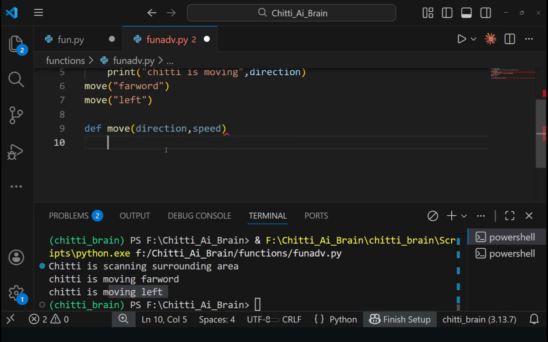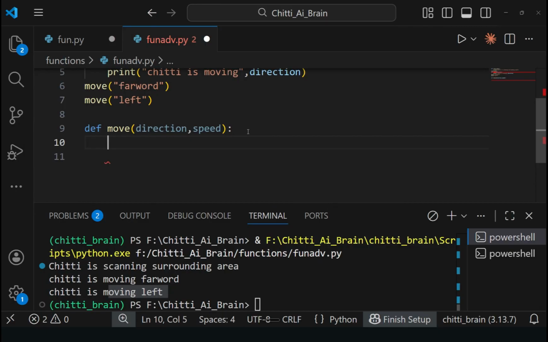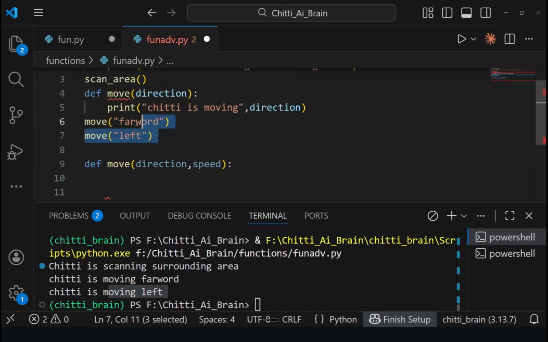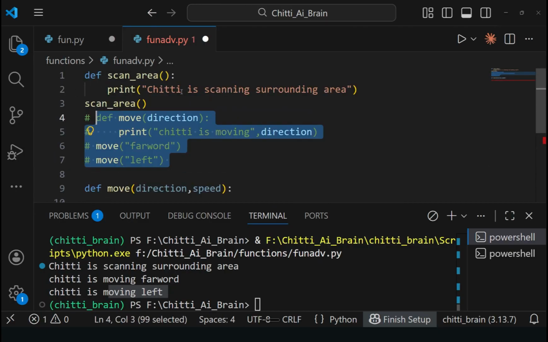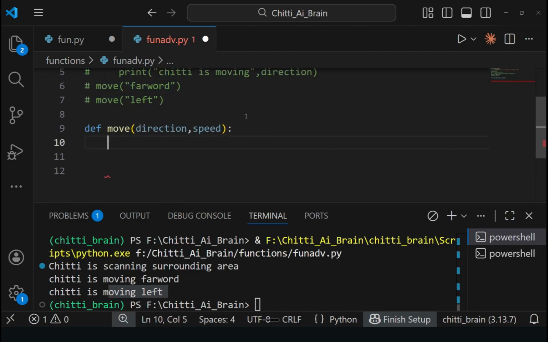While giving two parameters, in the define function you have to give a colon. Move is already declared, so let's comment it with control slash. Now simply print.